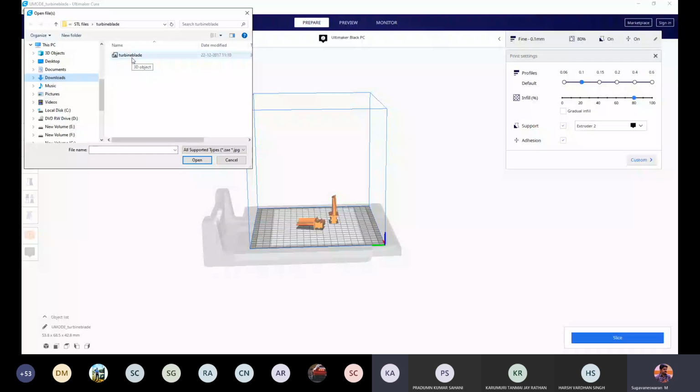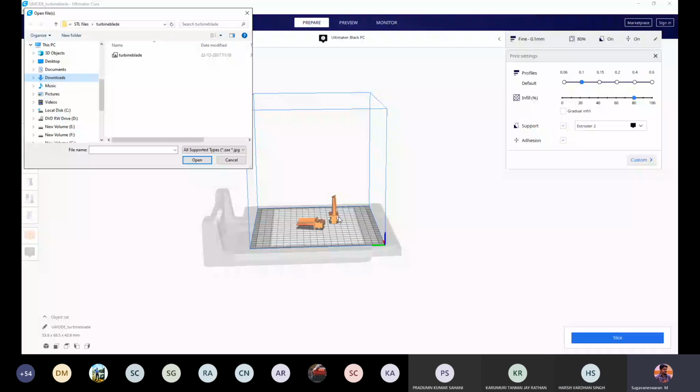Now, if you look here, this is the machine. As I mentioned initially, we have a restriction in the additive manufacturing process. We cannot print a component greater than the size of the machine. So this is the build volume for the Ultimaker dual extruder, right? You have to open the file and make sure that you are positioning the file within the white color region. You can see the white color region, right? If you keep the file within the white color region, then the software will allow you to do the subsequent process.